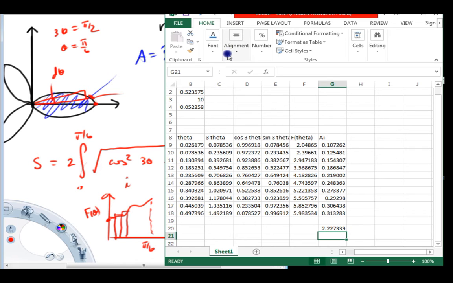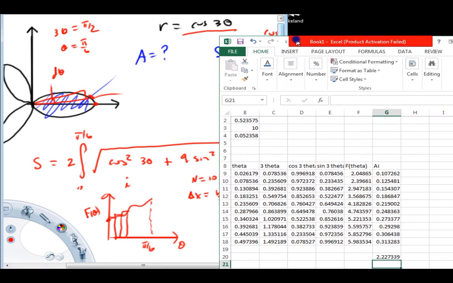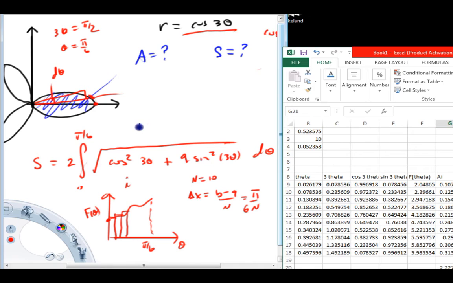Again, I'm going to talk about the numerical method here a little bit more. What I've done here is we wrote our integral for our arc length. However, that integral is a pain in the butt type of integral. I'm not even sure how to attack it: the square root of cosine squared of 3 theta plus 9 times sine squared of 3 theta, d theta. Lots of different integral techniques. Numerical methods really only have one hindrance: can you compute function values? As long as you can use something like Excel to compute these values along the way,